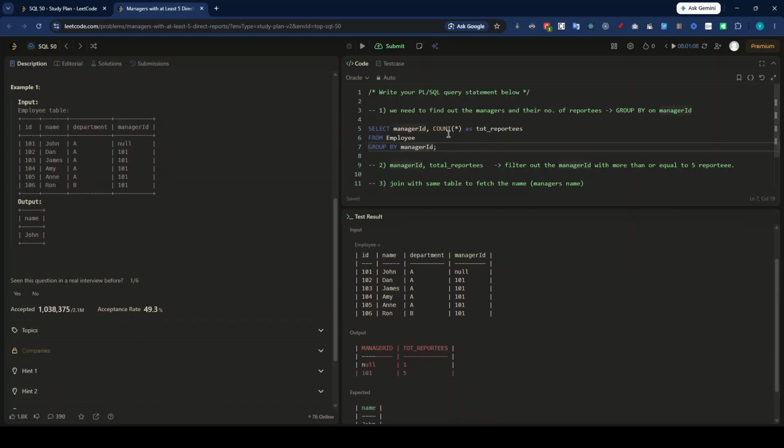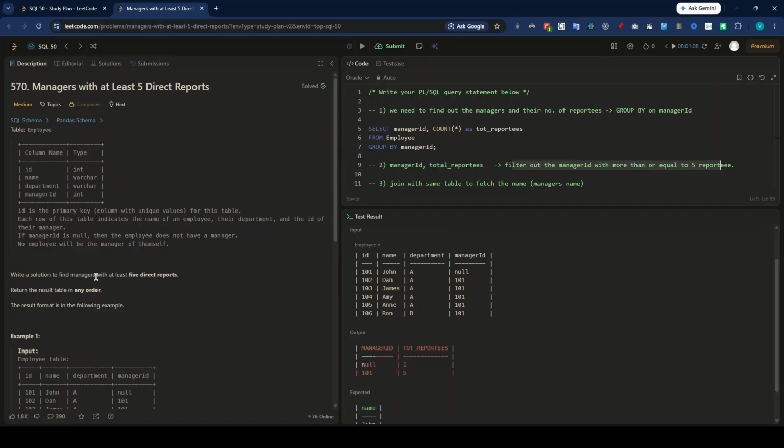Now we have got the managers and the number of reportees. The second step is to filter out only the managers which are having at least 5 direct reports. At least means greater than or equal to 5 reportees. To filter on a row level we were using the where clause, but to filter the data from a group table,